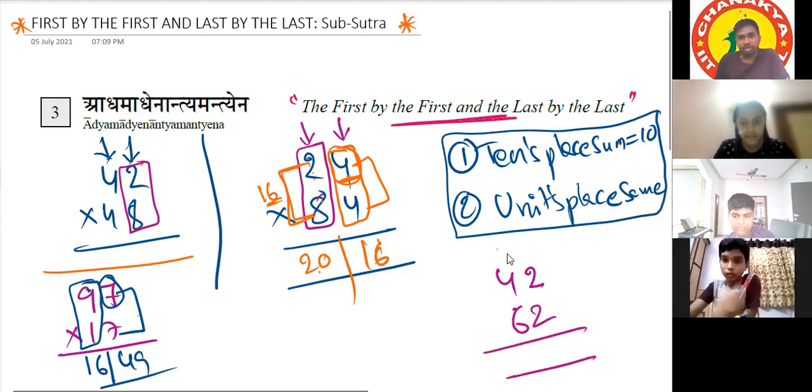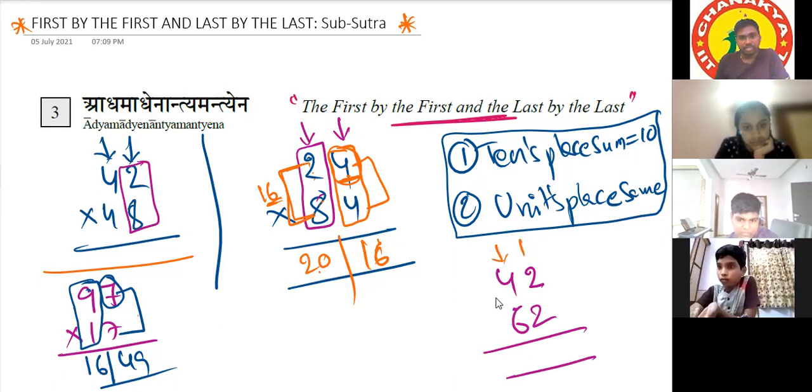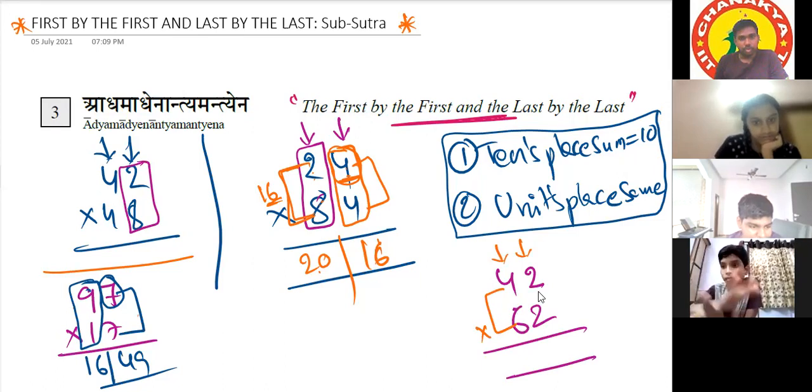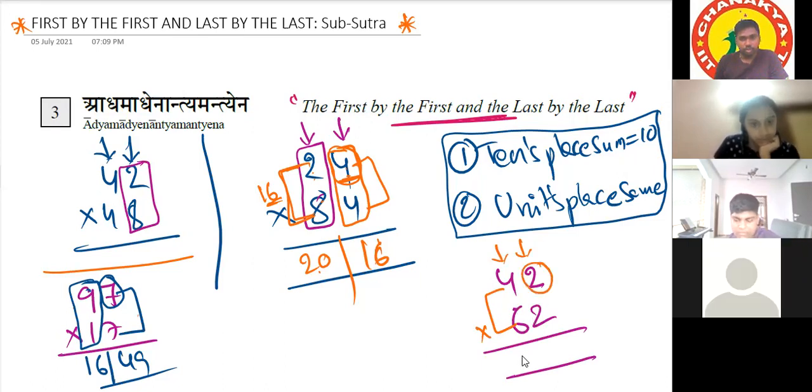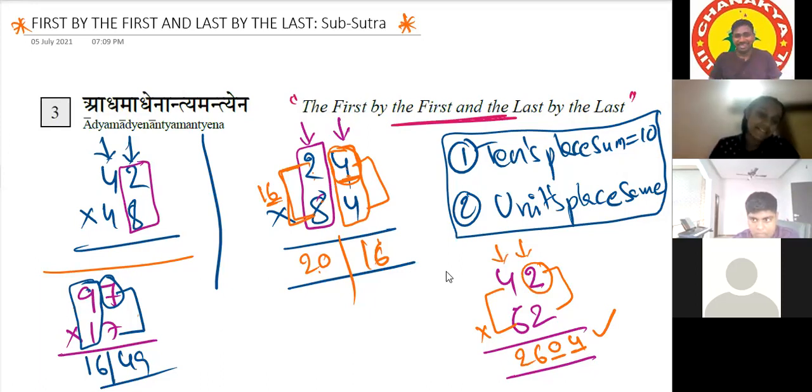Tens place is adding to 10 or not? Yes, sir. And units place is same. Yes, sir. Now tell me, 4 6s are... Sir, 4 6s are 24. 24 plus 2 is 26. But 2 2s are 4. Don't write simply 4, write 04. Very good. After that, in the second half, we need a 2-digit number. So we have to write it as 04. If you are getting a single digit, make it double digit. 04. Sir, 1 minute. You're checking in calculator. Sir, done. Okay. All right.